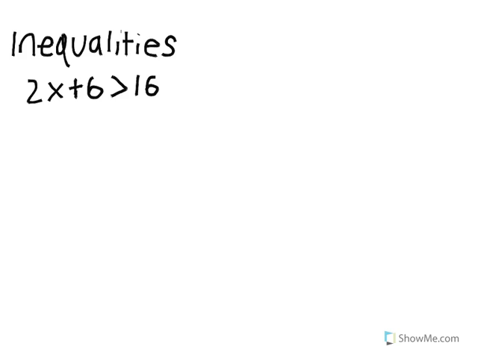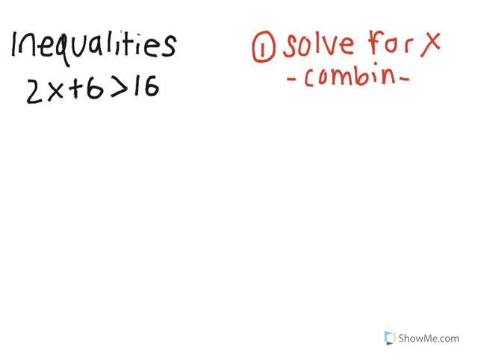Okay, so inequalities is our next topic. For inequalities, we have 2x plus 6 is greater than 16. Let's look at our first problem. Our first step is that we're just going to treat this like a normal equation, and we're just going to solve for x. So we're going to do the same thing we did with our two-step equations. So solve for x, and our first way to do this is to combine like terms. Here our like terms are